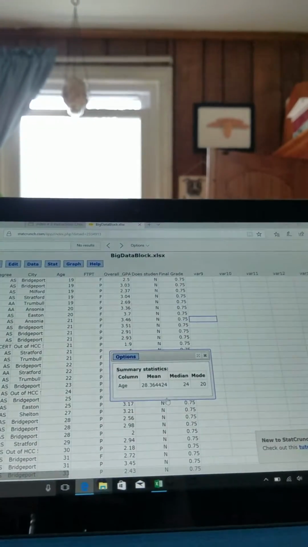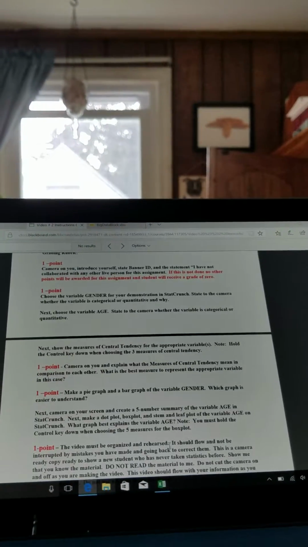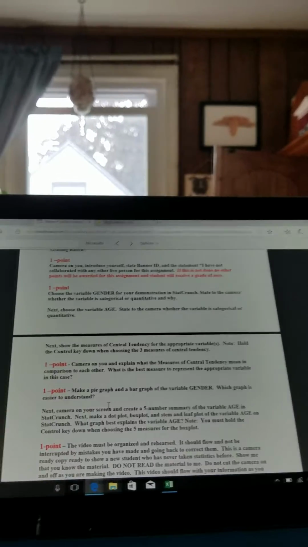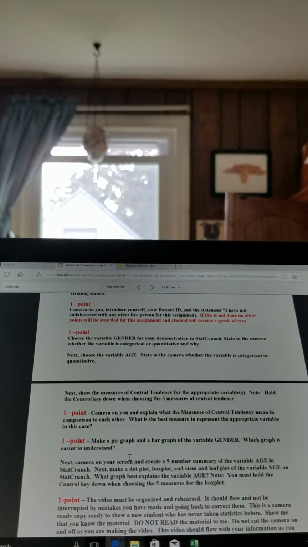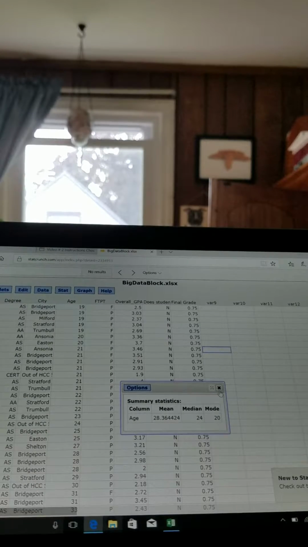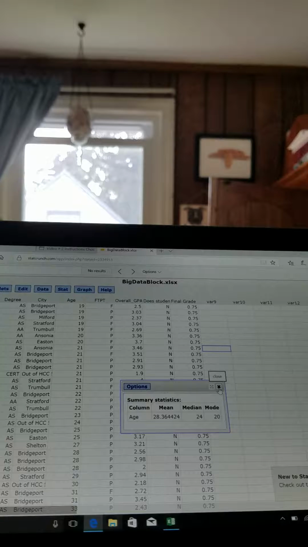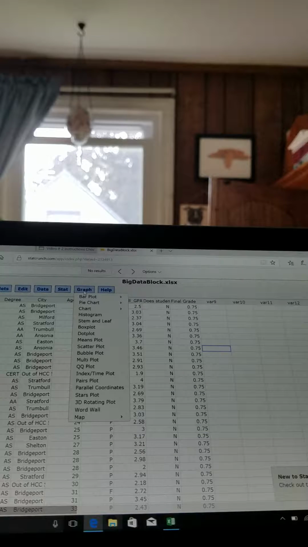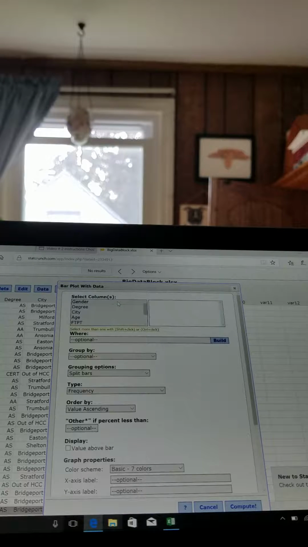So now that we have done that, we're going to come back here and we're going to make a pie graph and a bar graph of the variable gender, and we're going to talk about which one is easier to understand. So we'll exit out of our measurements of central tendency here, and we'll go up here to graph. Now we want a bar plot first, and we're going to take it with data, not with summary, because we want to use all of our data that we have here. And we're going to click gender under select column, and then you can come down here and hit compute,